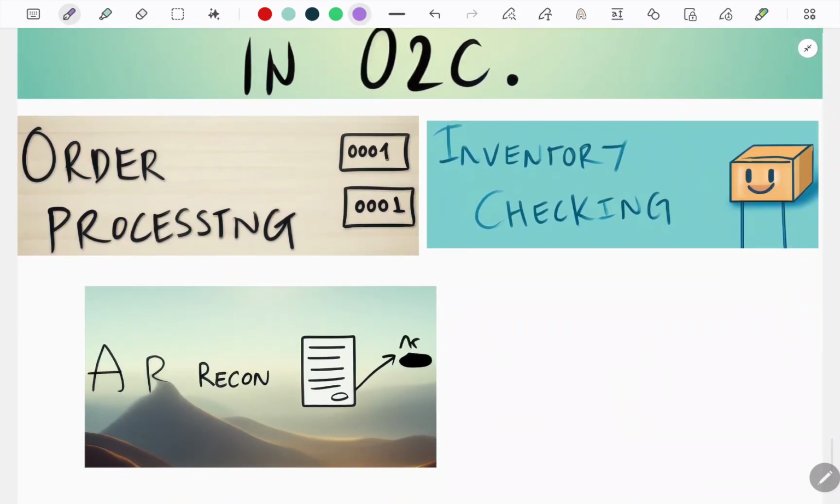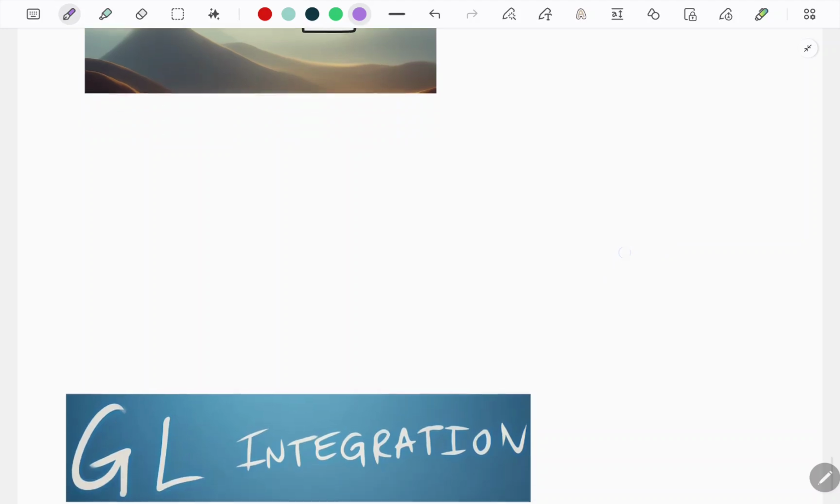This system is also helpful in terms of AR reconciliation. All right. Basically, this one goes back to the recording. All right, helps you to reconcile between your information. All right. And finally,